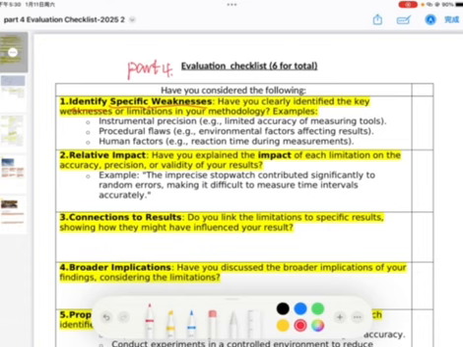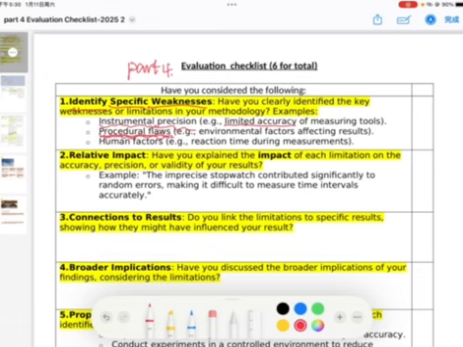The first one is, usually we will start with the instrumental precisions, right? So you can think about the instrument you use, how accurate it is, does it have a limit accuracy, and how it can be replaced with a more accurate device. And then another